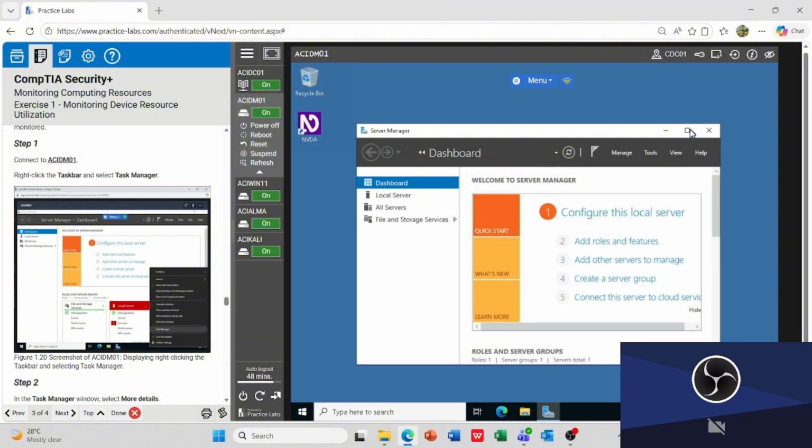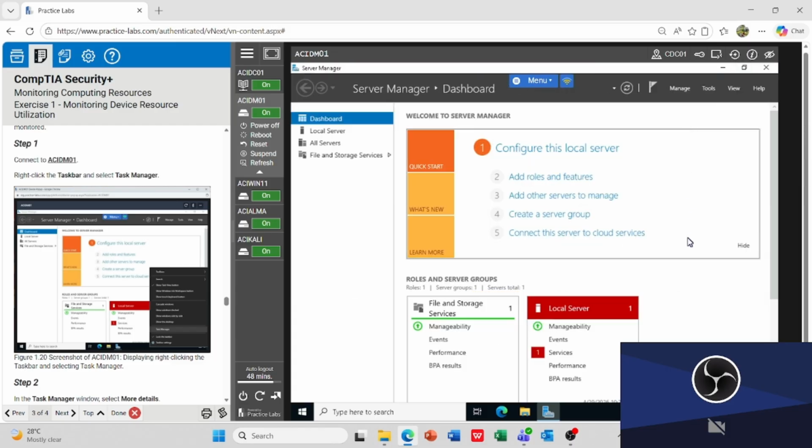Right-click the taskbar. Where's the taskbar?